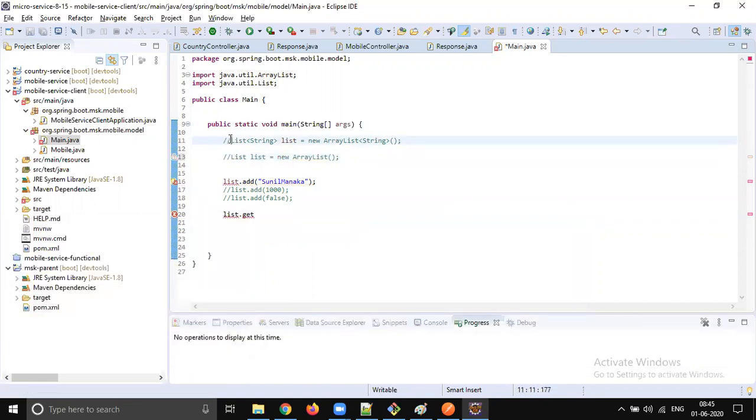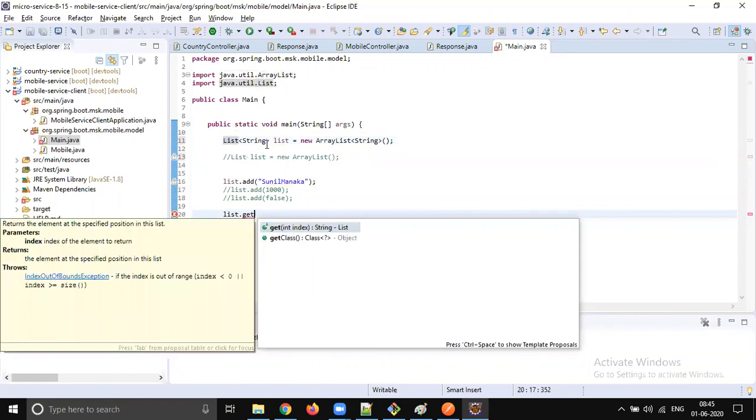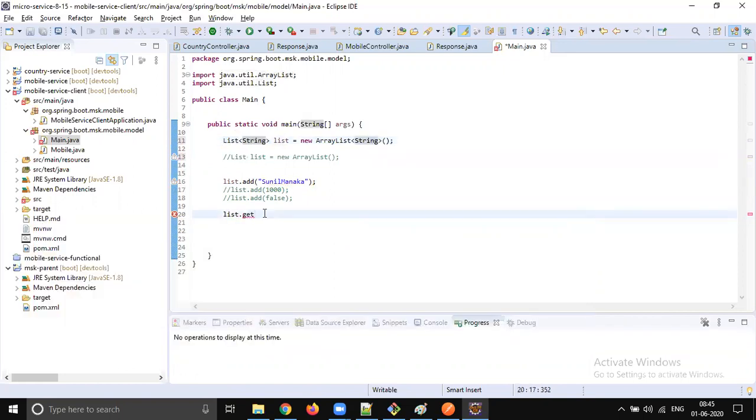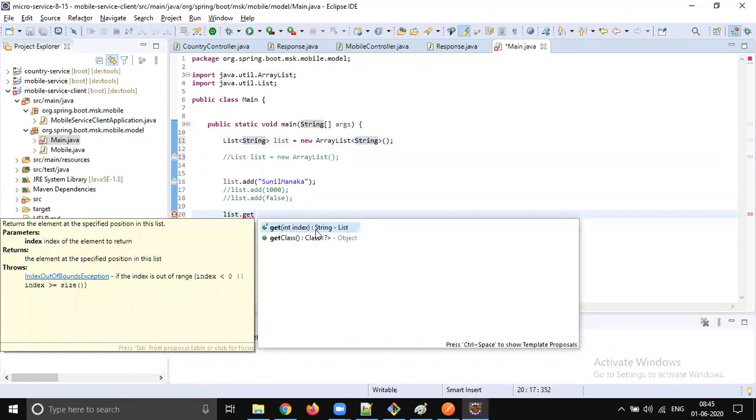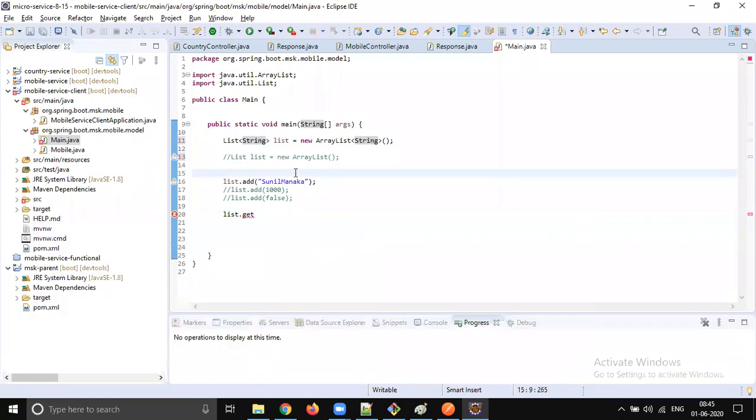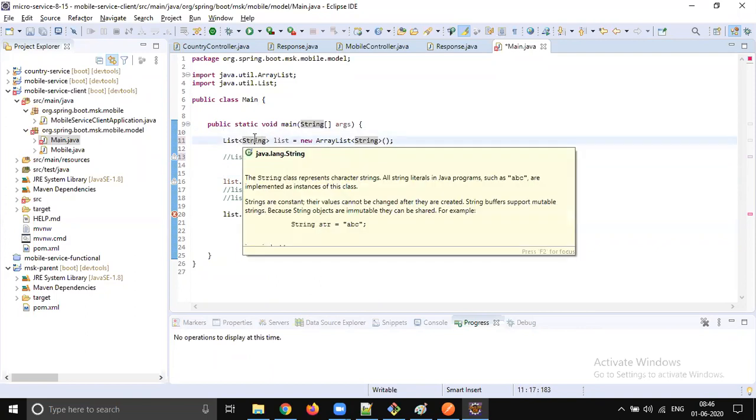With generics, the get method return type will be string because we are specifying string type. That is the reason why this method returns only string type. So while storing the data itself, the collection makes sure it stores only string data. That is the benefit we get with generics.